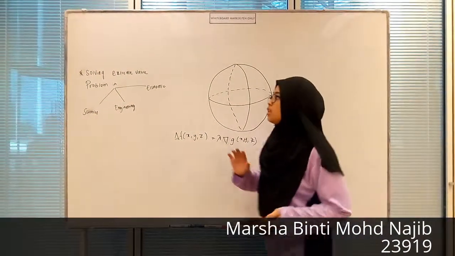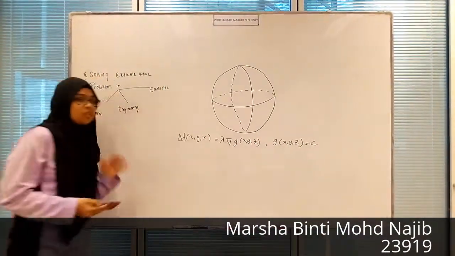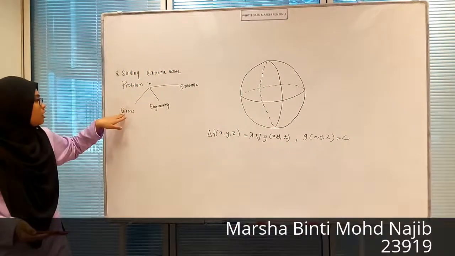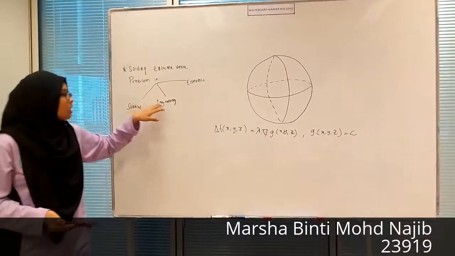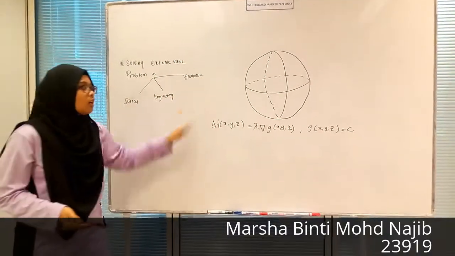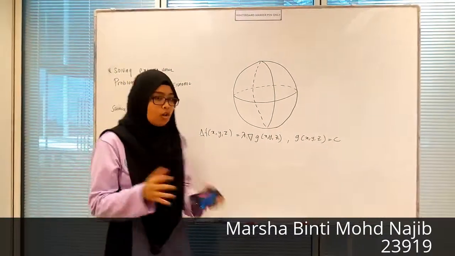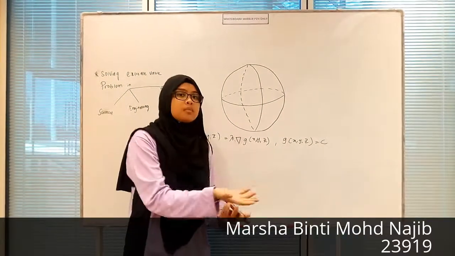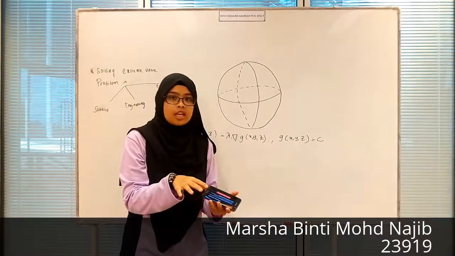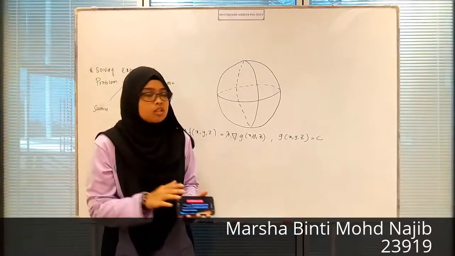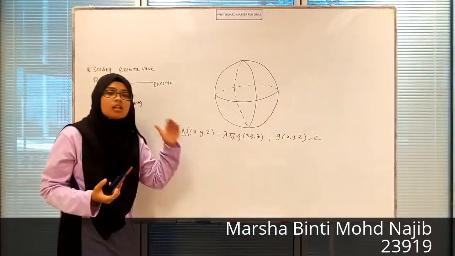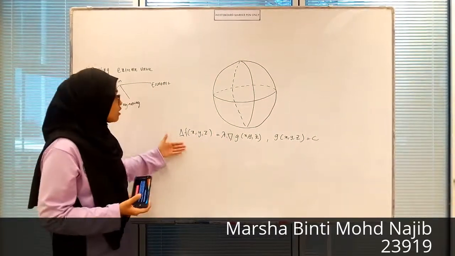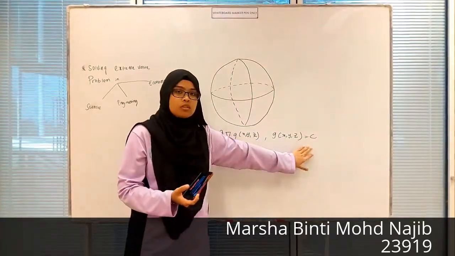Basically, the Lagrange multiplier method is widely used in solving extreme value problems, including in the sciences, engineering, and also academic fields. Have you ever wondered how the weather forecast actually works, where they find the maximum temperature in a certain area and also the lower temperature in another area? Basically, it is an application of the Lagrange multiplier itself, where this is the function and C is the constraint.